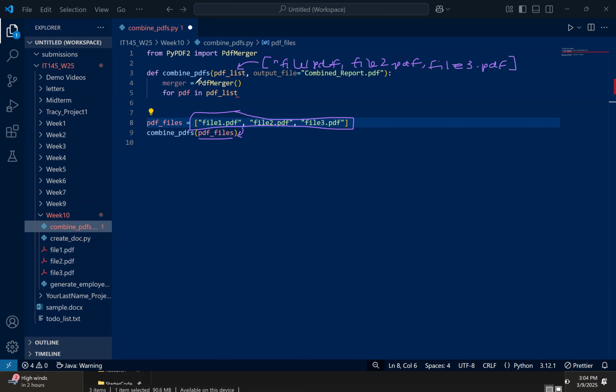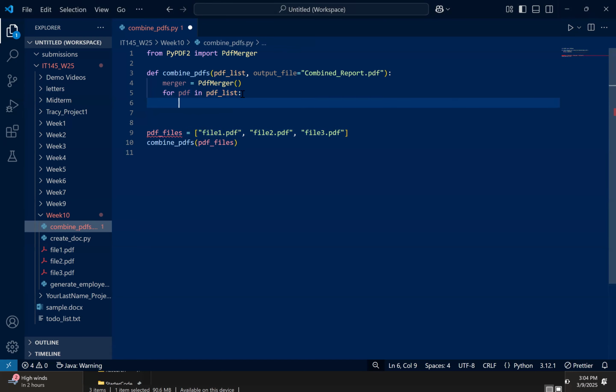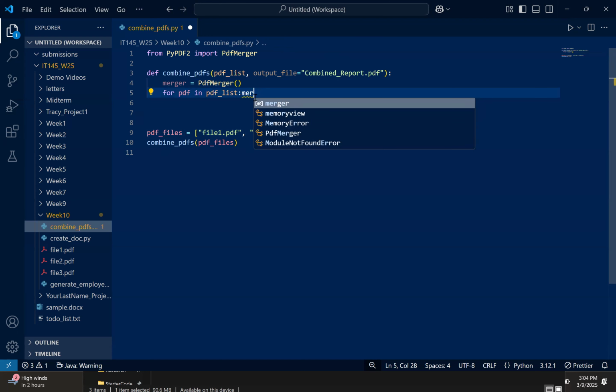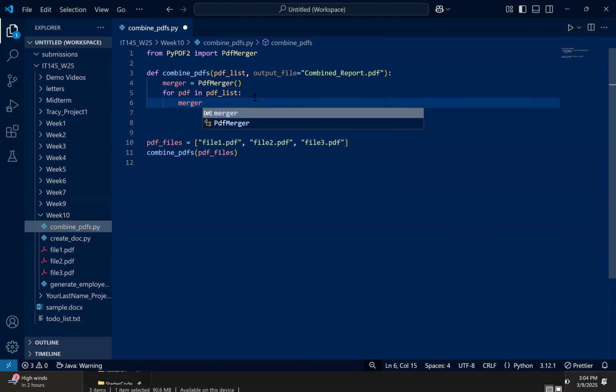So once we are inside of the combine PDFs function, PDF list is how we will refer to this content. Just as a reminder of how passing variables works with functions. So for each of the PDFs within our list, I want, what's the problem here? Oh, because I didn't finish the for loop, that's why. So for each PDF,